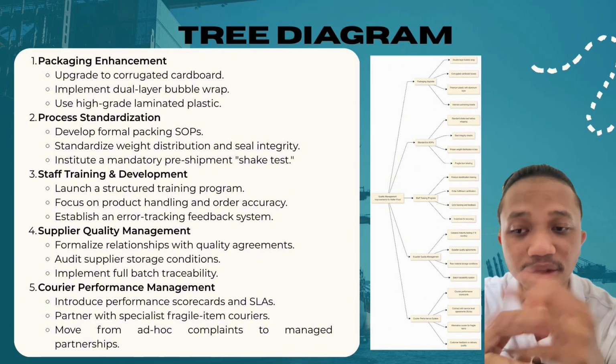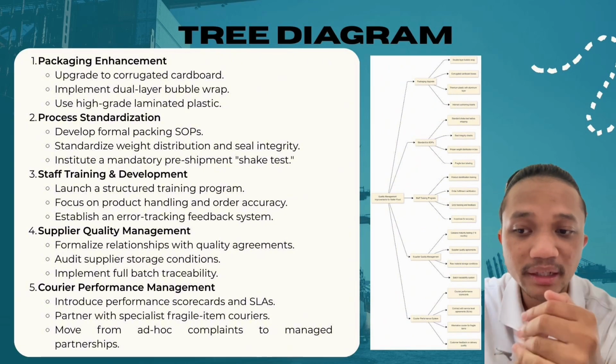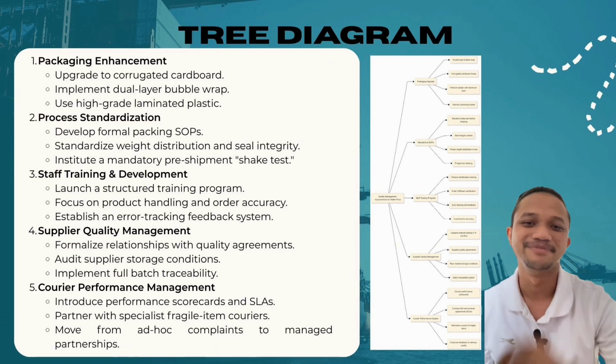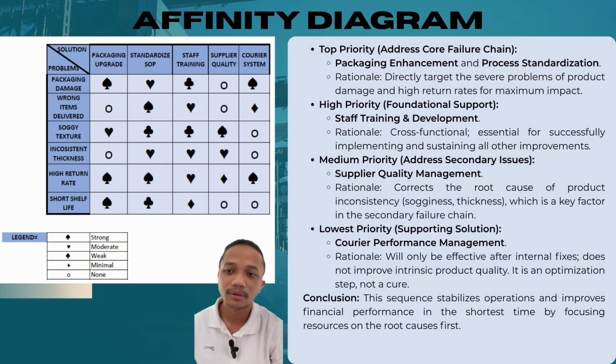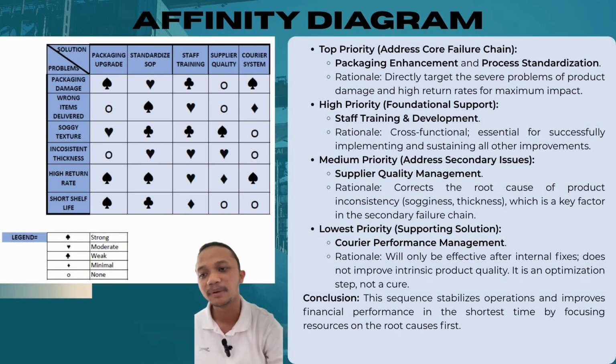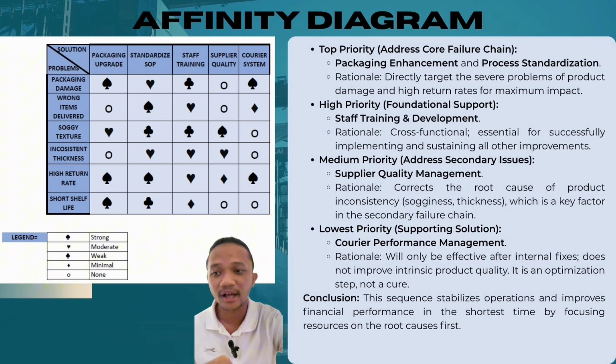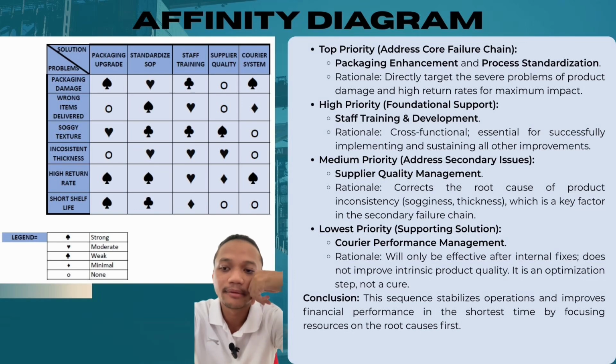Together, this plan systematically targets our internal failures to stabilize operations and restore brand reputation. Based on our matrix diagram analysis, we have strategically prioritized our 5-pillar plan to ensure the fastest path to stabilization. Our top priority is executing packaging enhancement and process standardization to directly attack the core value chain of damage and returns. We will concurrently launch the high priority